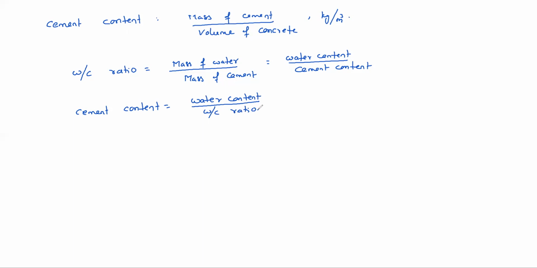So what else is required for 1 meter cube of concrete? How much water and how much cement is required has been fixed. Now we need to fix how much fine aggregate and how much coarse aggregate is required. That is important, right? Before that, in concrete some air voids also will be there. So how much air voids must be allowed, that also we need to understand, in percentage on a volumetric basis. For that also some guidelines are there.